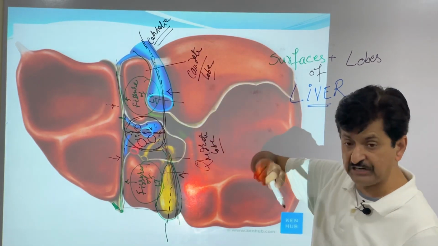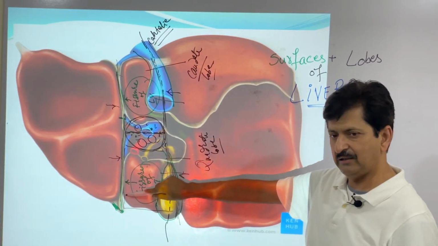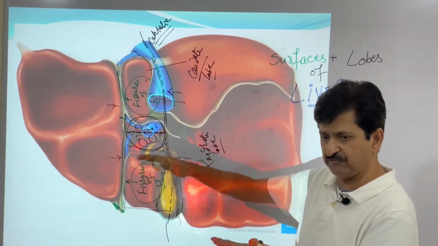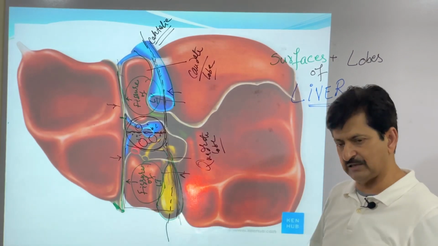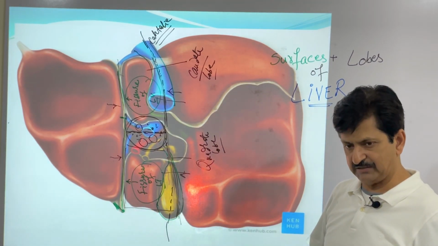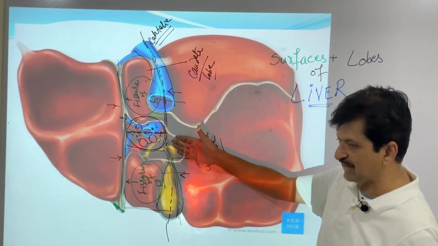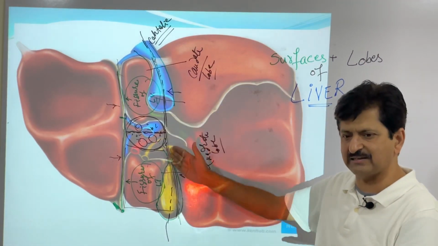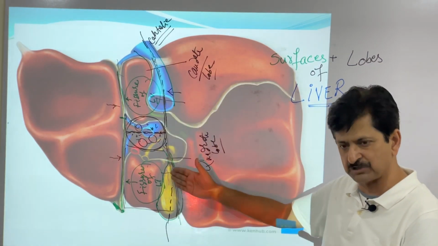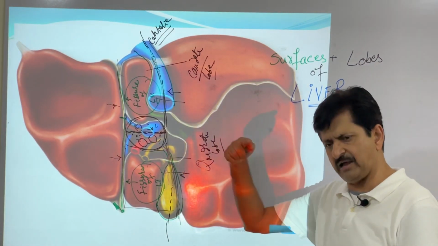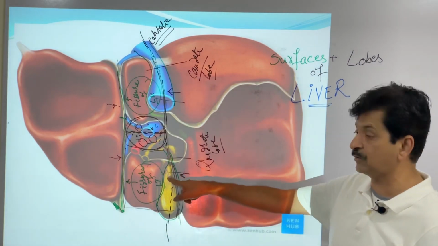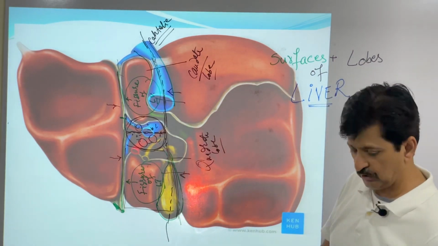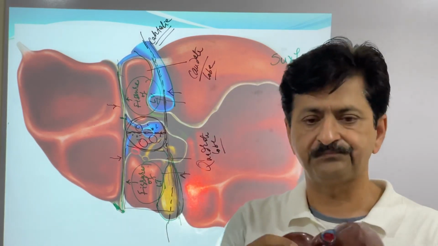And who functionally divides them? Anatomically they are already divided by the fissure for ligamentum teres and the fissure for ligamentum venosum on the visceral surface, and from the front by the falciform ligament. But this is now an imaginary line, which we are only drawing here. You can draw it through the fossa for the gallbladder and the fossa for the inferior vena cava. The same line you can draw anteriorly also. Now you are watching these fissures and others also.